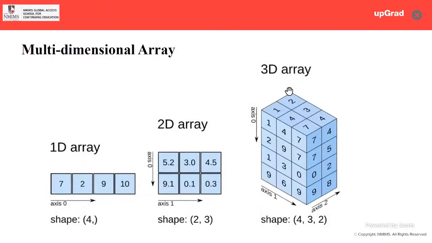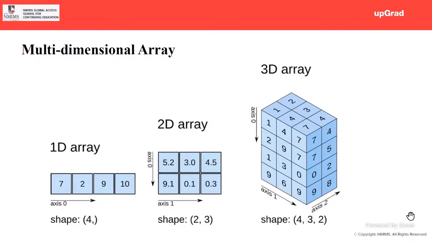So let's start. What is an array? When you talk about an array, what comes to your mind? Can somebody tell me on chat? When I say array, what comes to your mind? Okay. Array is not rows and columns. Collection of heterogeneous elements. Okay.